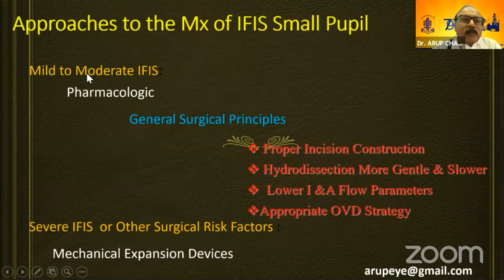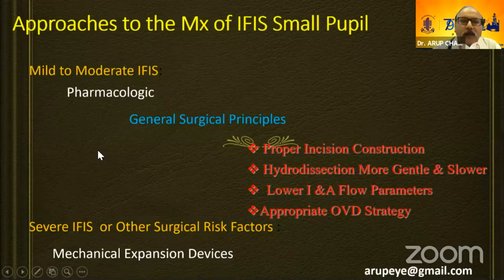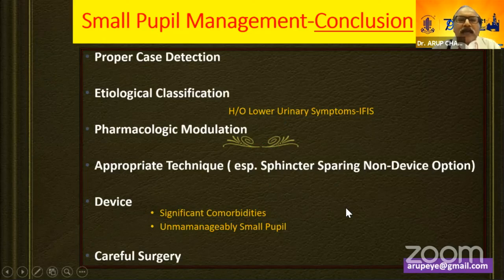So friends, in mild to moderate IFIS cases, you need to have a pharmacological approach towards management of the pupil, in terms of whether you want to use atropine eye drops preoperatively or intracameral mydriatics. I don't use them generally, but wound construction has to be properly done. Hydrodissection should be more gentle and slower, with lower parameters, and an appropriate OVD strategy. In severe cases, or when it's a very small pupil situation, I will be using mechanical devices. Thank you so much for your